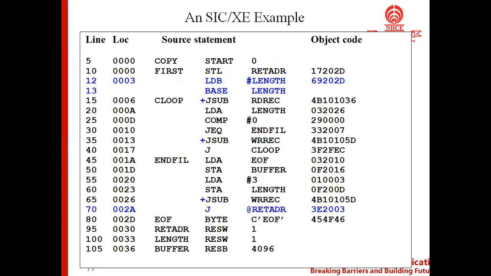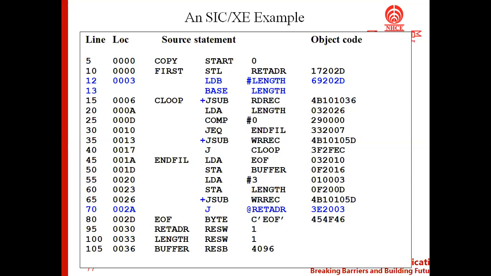There are plenty of differences between SAC and SAC-XC. Based on the machine architecture we use, the instruction format and the addressing mode will change. That is the reason we say that these features depend on the machine.